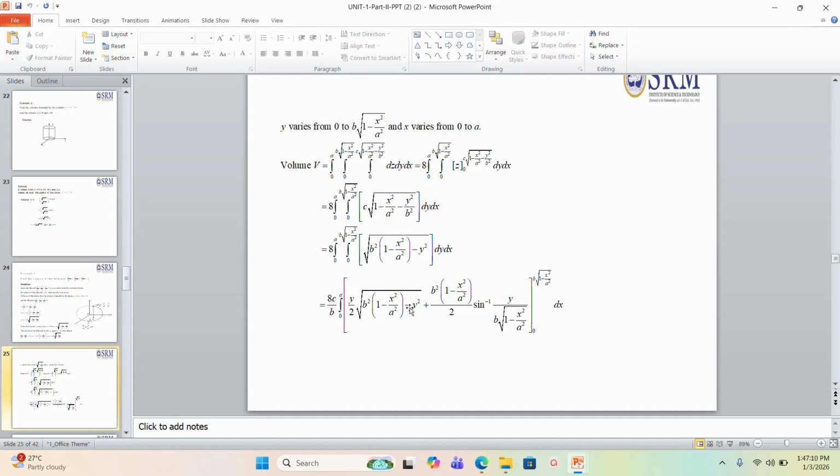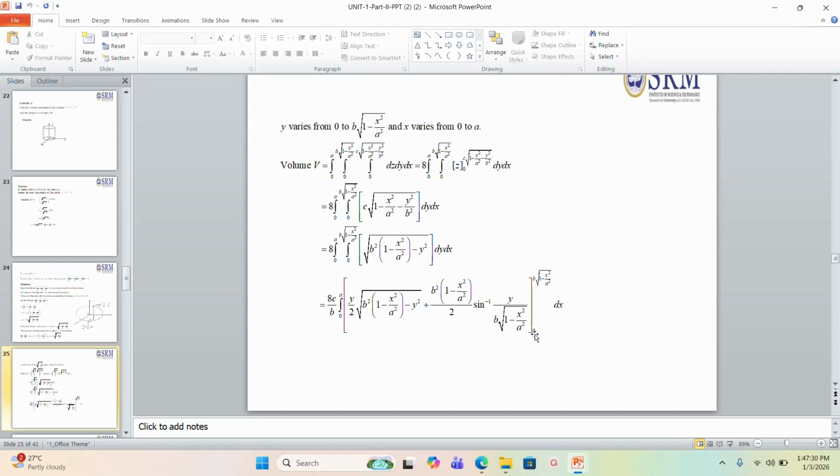So 0 into any number is 0. So the first term is 0 for both the limits, because y is equal to this value. So already we have b square into 1 minus x square by a square there. If you apply y equal to b into root of 1 minus x square by a square,